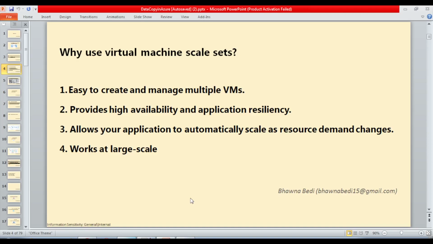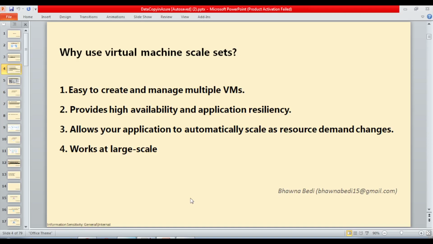And the most important feature associated with this is, let's say today my load is very high, and I want to increase the number of virtual machines horizontally, and tomorrow my load is not that much, so I might want to decrease the number of virtual machines. In that case, virtual machine scale sets serve the best purpose. You can do something called auto scaling.